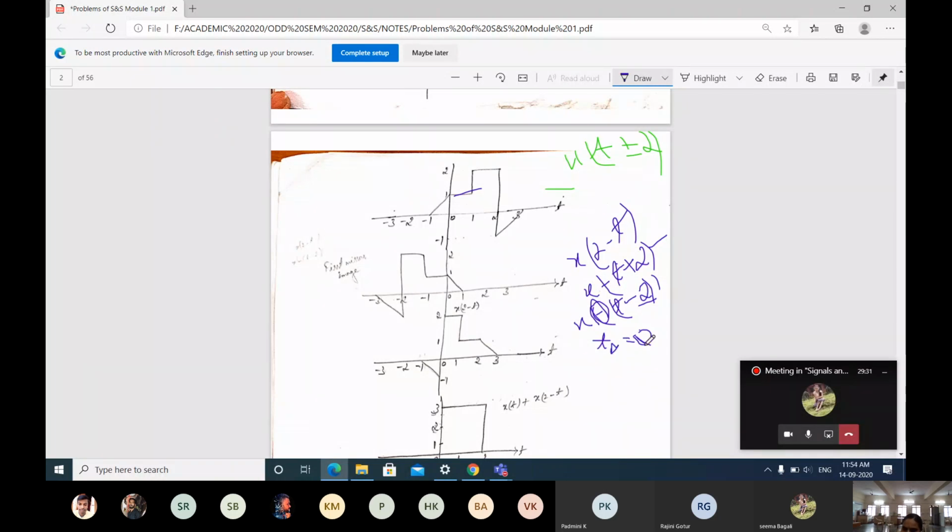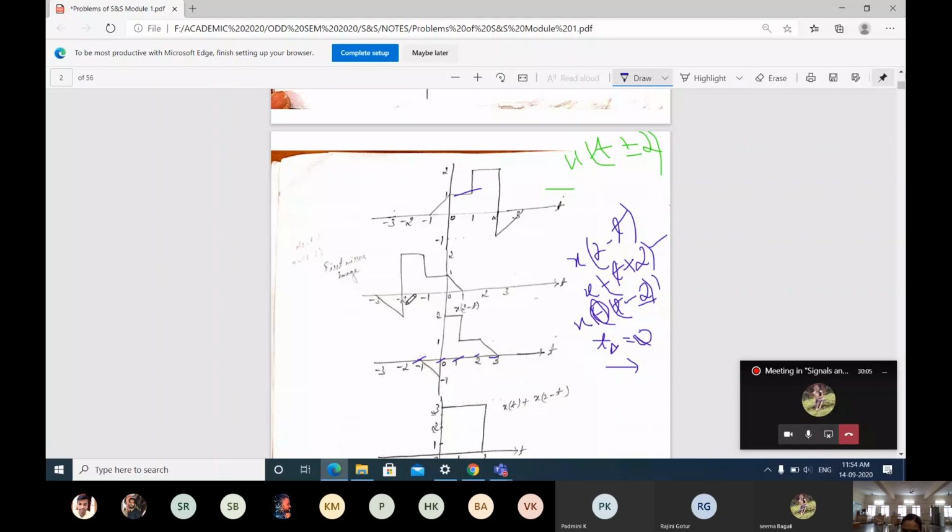T naught value by 2 positions towards right side. So what is the value going to be? This 2 we have to multiply for the time function. So 1 plus 2 means 3, 0 plus 2 means 2, minus 1 plus 2 means 1, minus 2 means 0, minus 3 plus 2 means minus 1. Observe with the time function I am telling. Okay, we got the values as time function as minus 1, 0, 1, 2, 3.